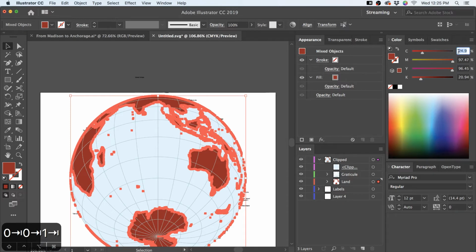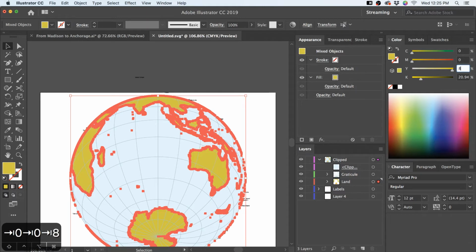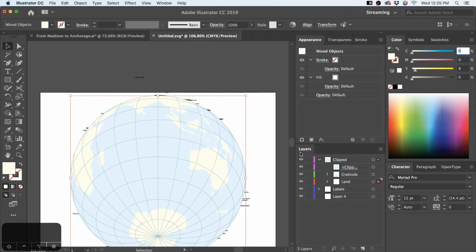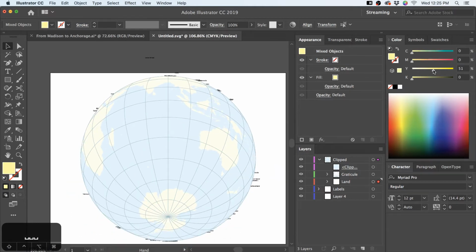Let's go with something really light, like 8% yellow. I'm just going to hit Command H to hide my selection edges. It's still selected, so I can still change colors of things, but now I can see how it looks. Just a real light land. Classic traditional colors of yellow to green land and blue water. Nothing fancy here.